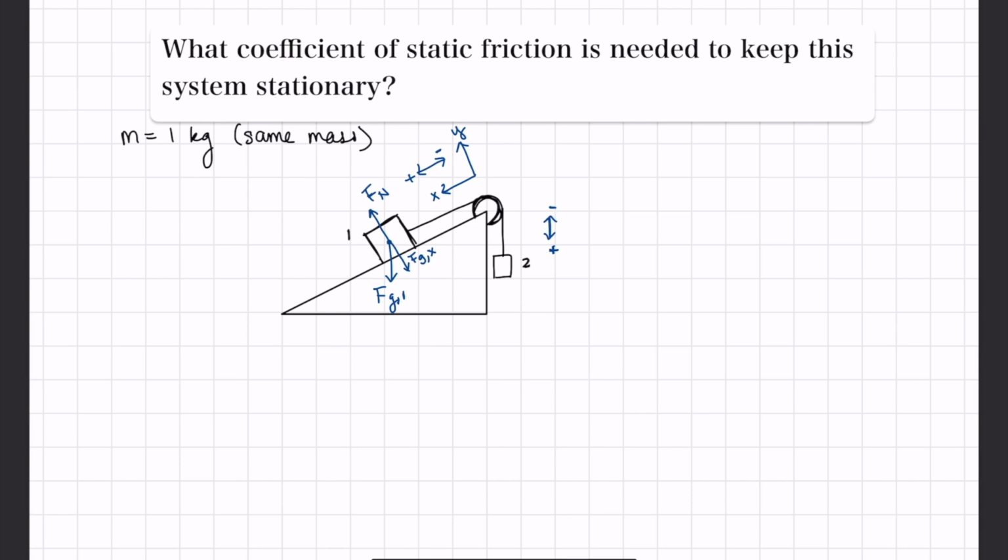And then I'll just call it FGX and FGY because I don't want to carry around a million labels. And the second mass is only going to have one gravity component. So Fg2, and then we have tension,